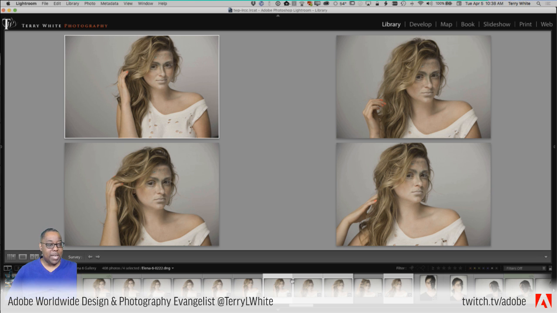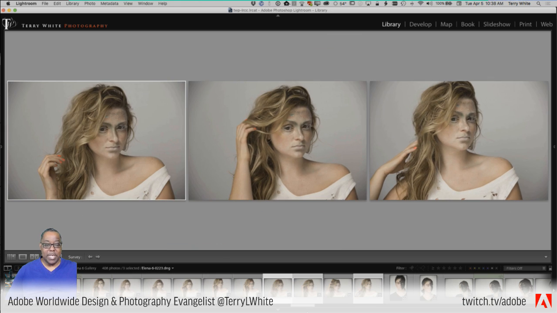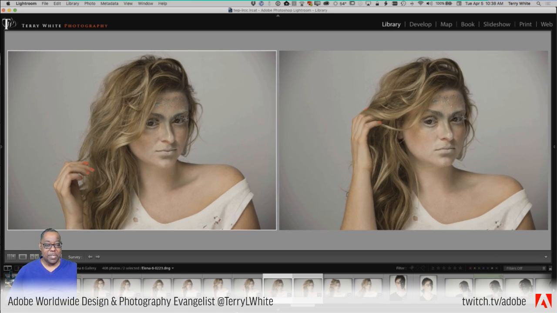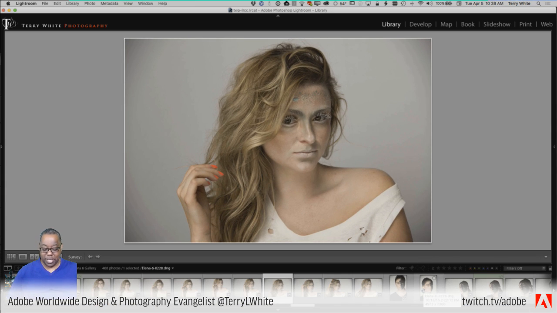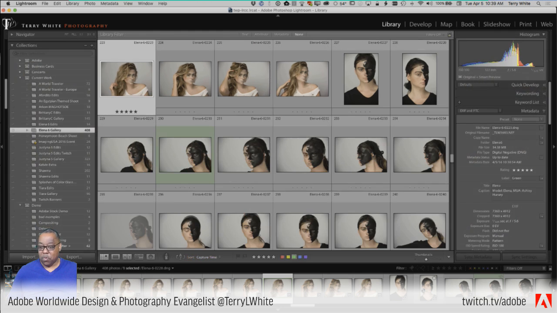So then I can say, well, out of these 4, I don't like this one as much anymore. So I get rid of that one. Now I'm down to 3. And then out of these 3, I'm not crazy about this one compared to the other 2. And see, they just got bigger because there's more room. Now we're down to these 2, and again, I'm just arbitrarily saying this, but I like this one the best, and that one becomes my best one. I can then mark that as a green flag, meaning I love it, or give it a 5-star rating, hitting the number 5. That becomes my new photo. So that's what these modes are for when you're comparing or surveying multiple photos.